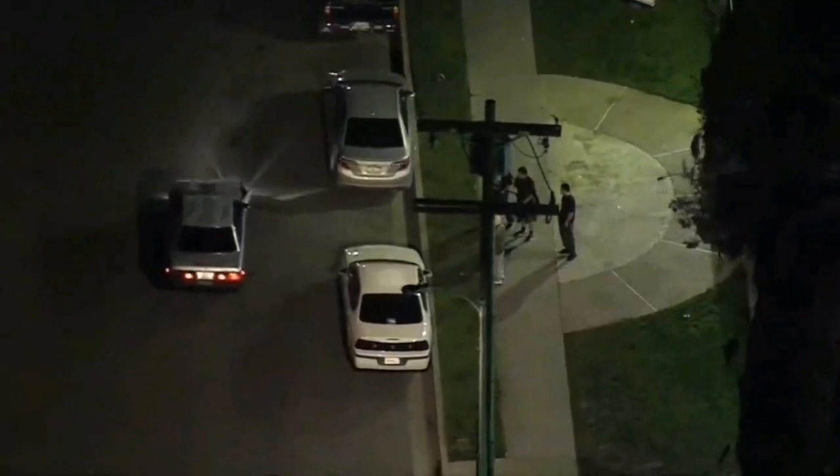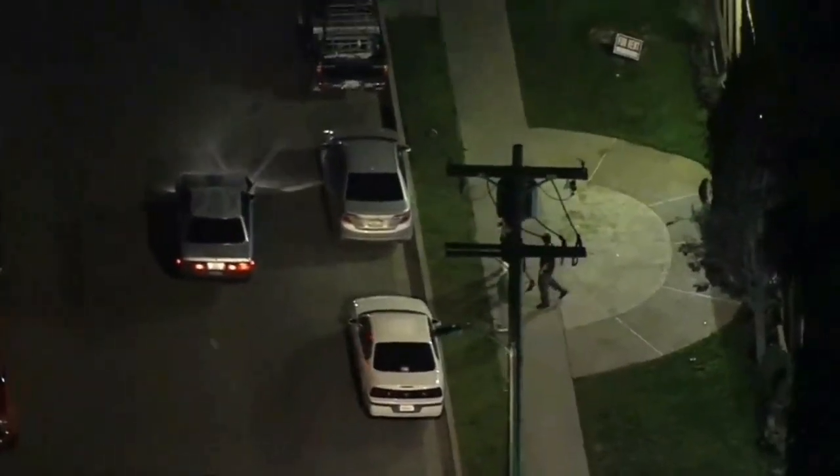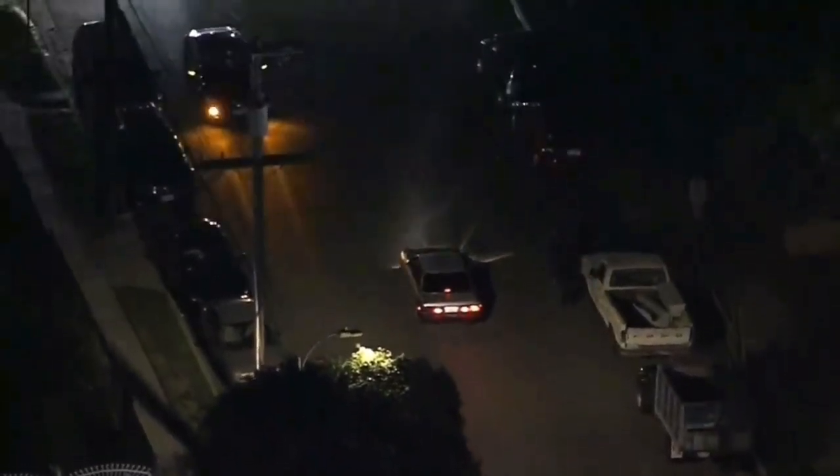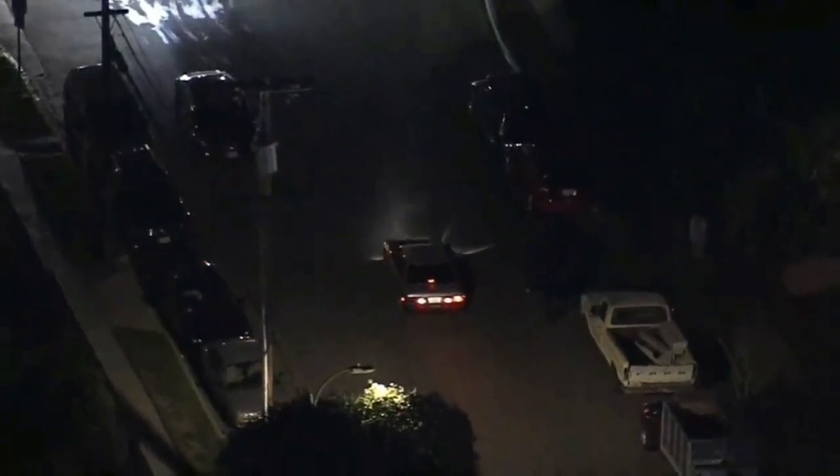This is the intersection of Chase and McLarkin. And you see that fella who was recording it for his social media as the suspect stopped to talk to him. Coming up to another couple here who is on an evening walk, unaware of what's going on,